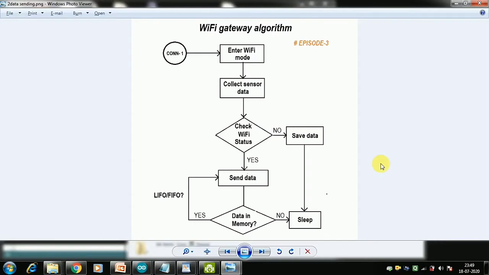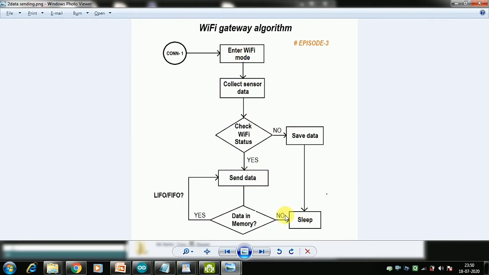Let us take an agricultural use case. Say we are monitoring soil moisture of a field. Soil moisture is not data that needs to be continuously monitored. It can be monitored, say, every 2 hours. These field-deployed devices are normally battery driven devices. So to extend their battery life, they work in a wake up and sleep cycle.